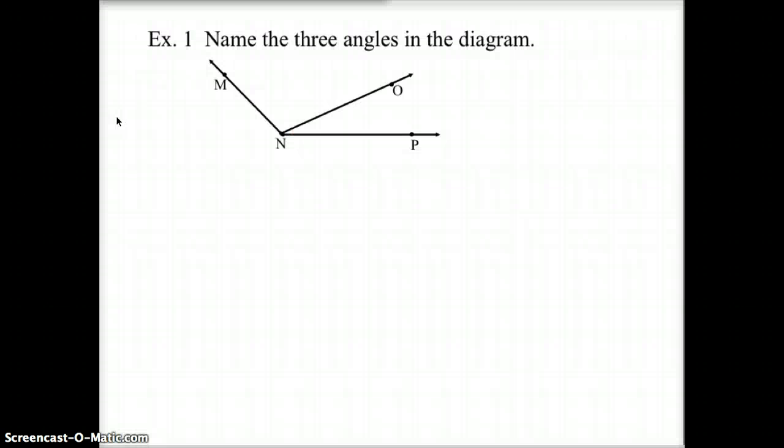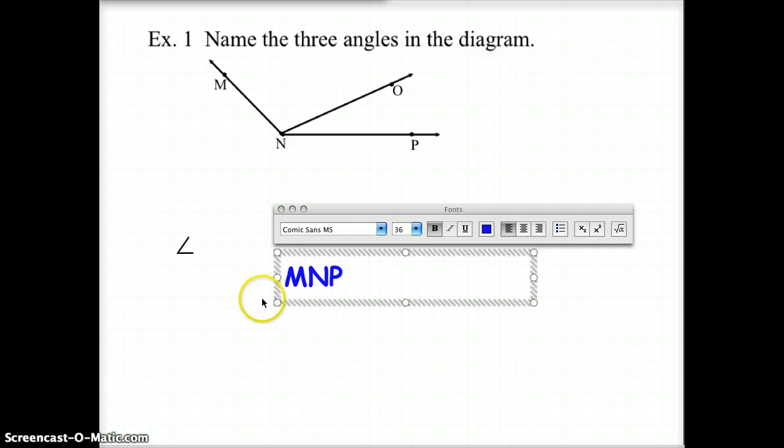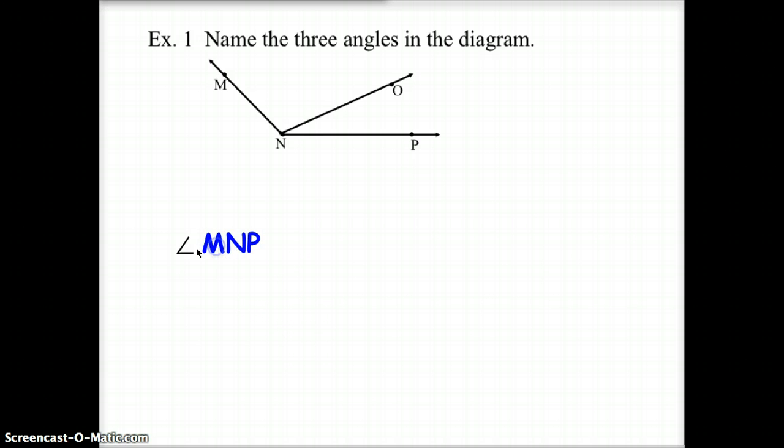So first of all, let's talk about angles. With this picture right here, we've got three different angles that are going to show up. And you would name those as follows. We would start with angle MNP. This little symbol right here means angle. So I've got angle MNP,